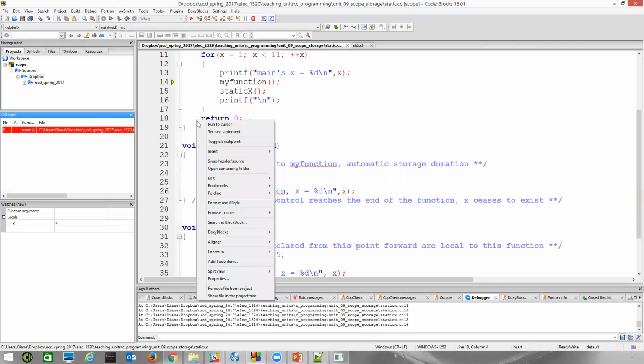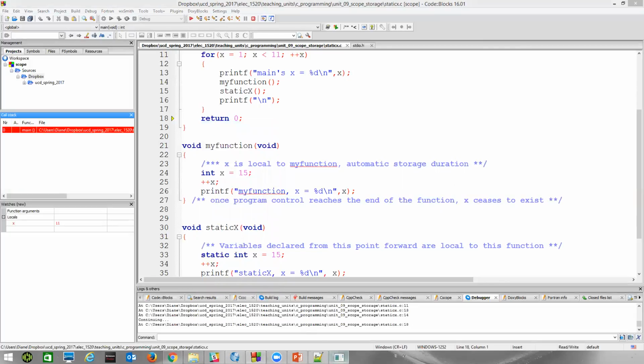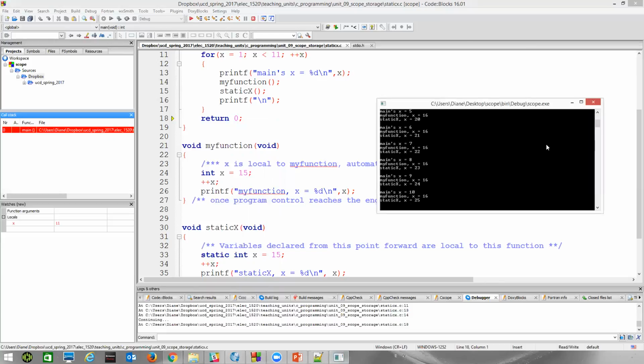And if I just said run the cursor, so it stepped all the way through this loop, as we go back through, we can see then, right, that main's x kept increasing as it was going through the loop. My function, that x always stays at 16. The static x keeps incrementing by 1. So every time we stepped into this static x, we went ahead and incremented it. Right? It retained its value between function calls. All right. So about the only reason then you would declare a static variable is if you need, for some reason, the variable to retain its value between function calls.